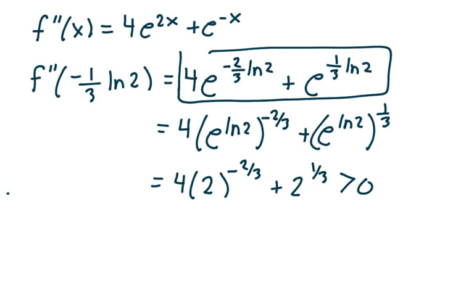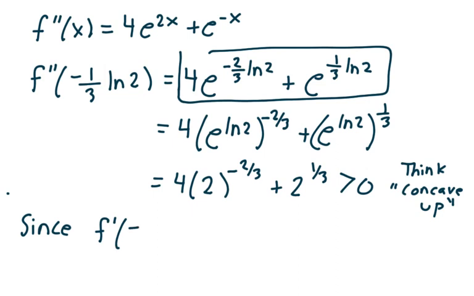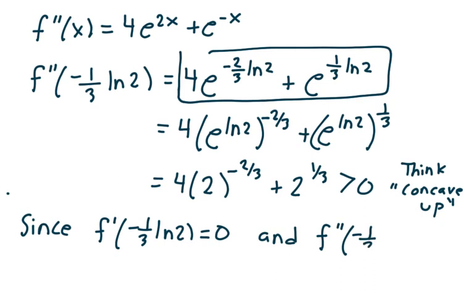And so what that tells us is the following. Remember, let's again stress, think concave up when the second derivative is positive. Since f prime of negative 1/3 natural log of 2 is 0, and f double prime of negative 1/3 natural log of 2 is also positive, f has a local maximum, not local maximum, concave up, so it's going to be a local minimum at